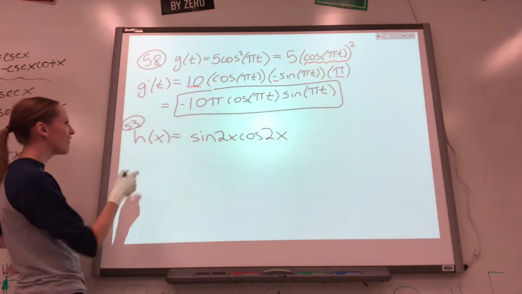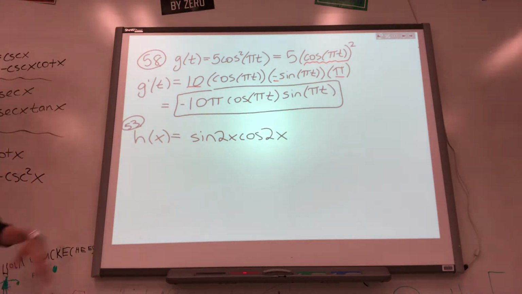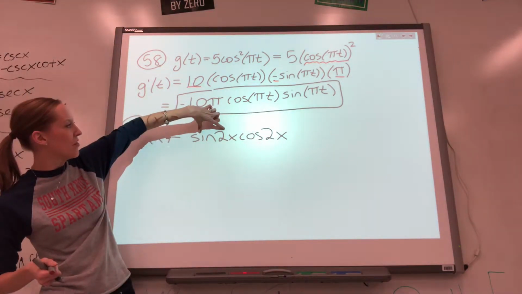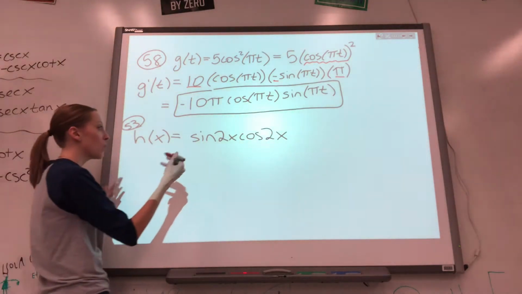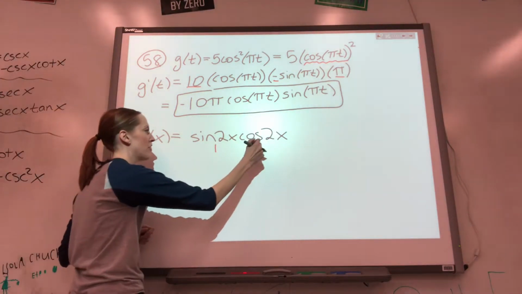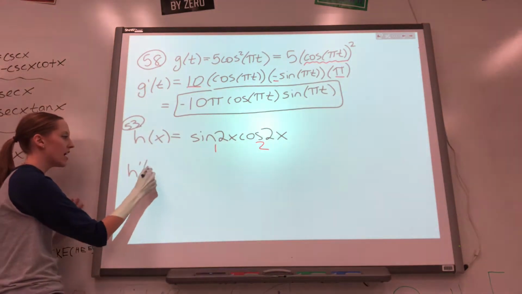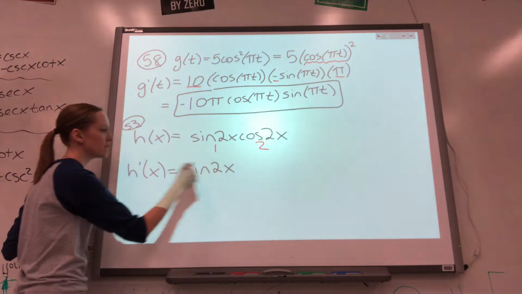We've been doing quite a few of them. So how do I know that I need the product rule? I have something with x times something with x. You've got to be on the lookout for what rule you're going to start with. So this is 1 and this is 2. And here I go. 1, which is just sine of 2x,